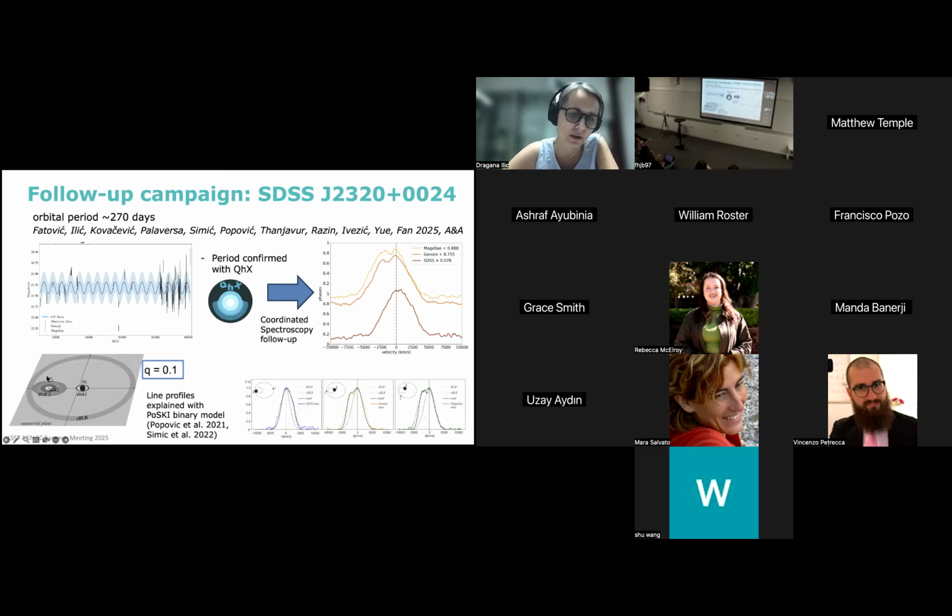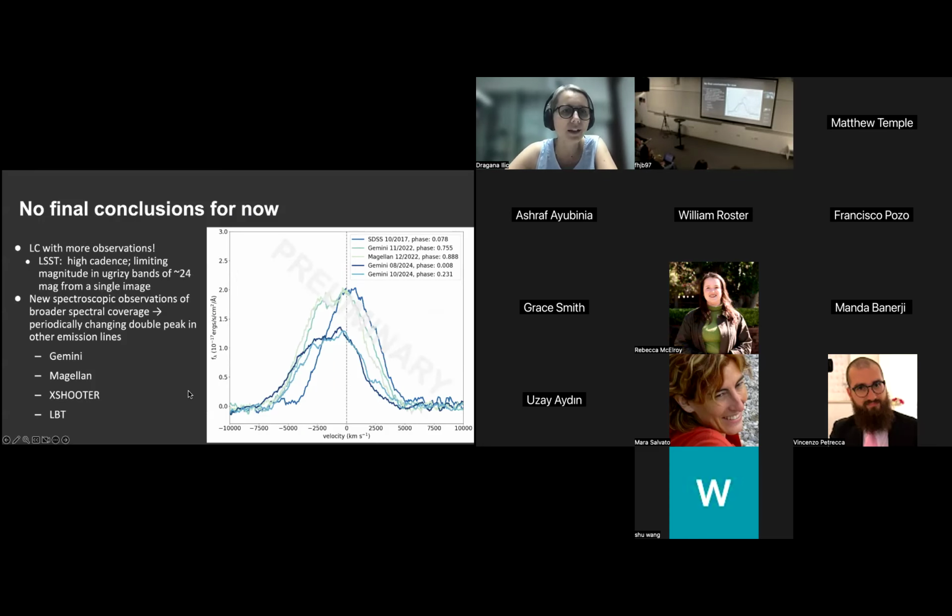And we also have the circumbinary region. And here you can see the model in two phases, which was able to reconstruct the observed line profiles. Of course, we need more data for the final conclusions, and we are very much looking forward to the LSST bands. Actually, now maybe not for this object because it's more to the north, but for these and other candidates,